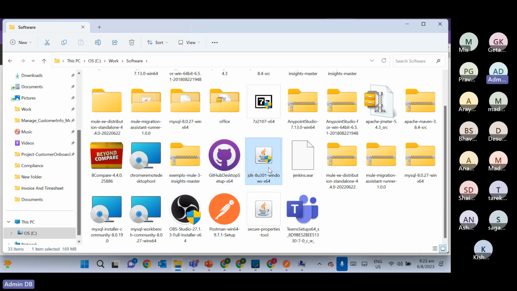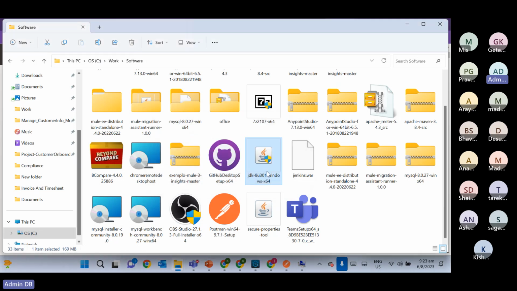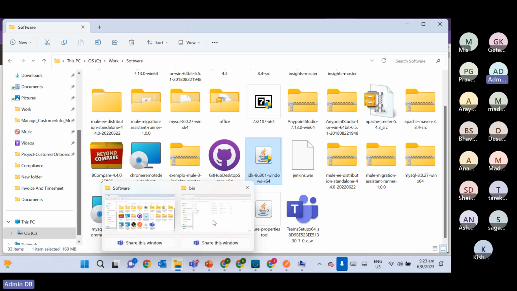Once you double click on this, it will ask you to select 3-4 times. I have this installed already, but in your case, it will ask 2-3 times. Click on OK, OK, OK, and then it will install the software in your system. Once it is installed, you will be able to see it inside your program